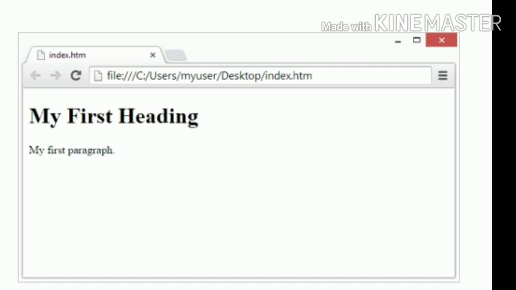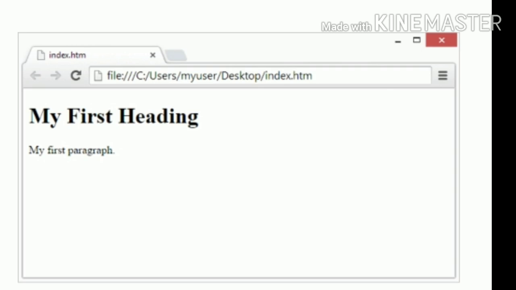You already know the tags of HTML, as you saw in the previous lessons. You know the HTML tag, opening tag and closing tag. Similarly, head tag, opening and closing, title tag, opening and closing, body tag, opening and closing, heading tag h1, opening and h1 closing, that means slash h1. Similarly, the paragraph tags, opening and closing, etc. The structure is as follows. See the diagram of the page.